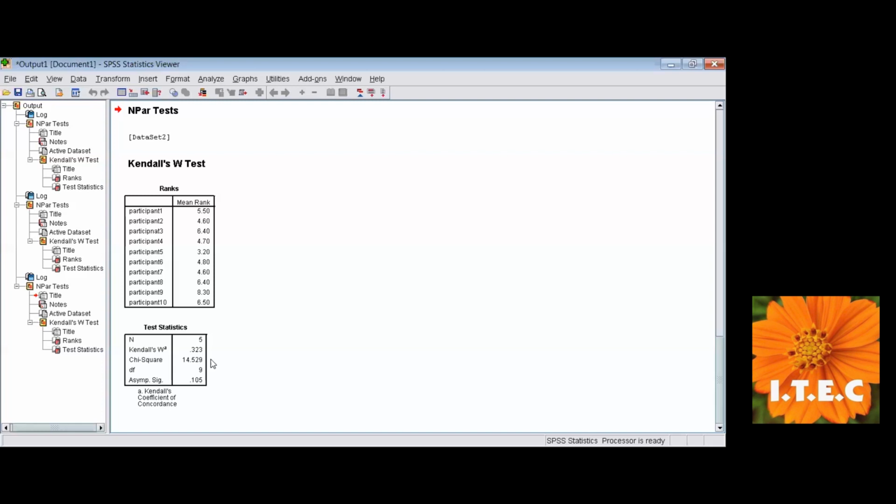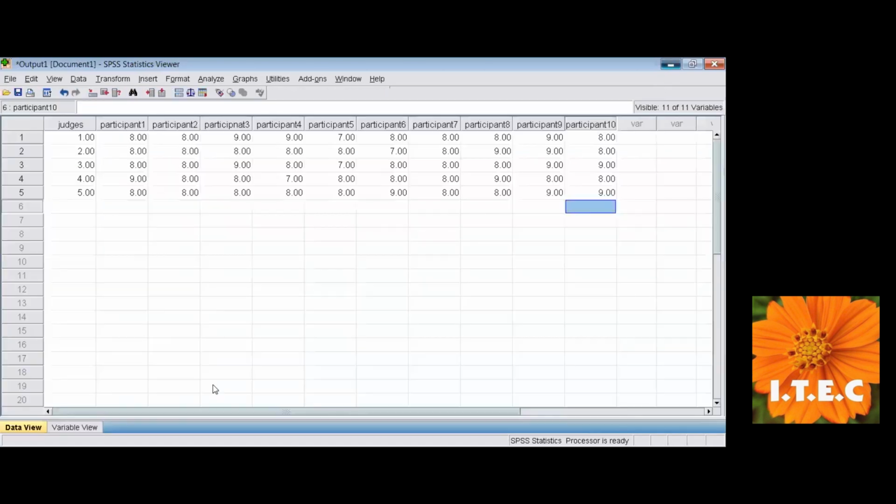So let us make more changes in that table, and let's say